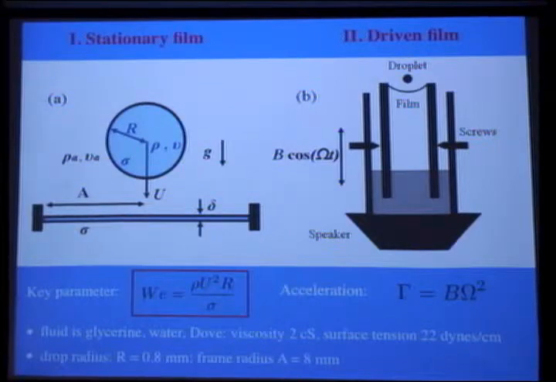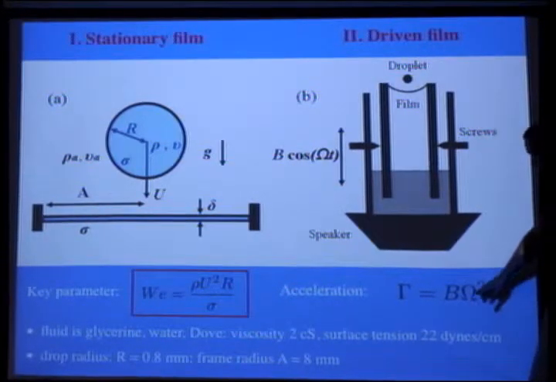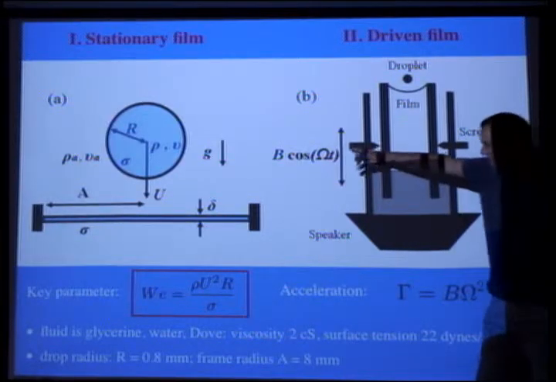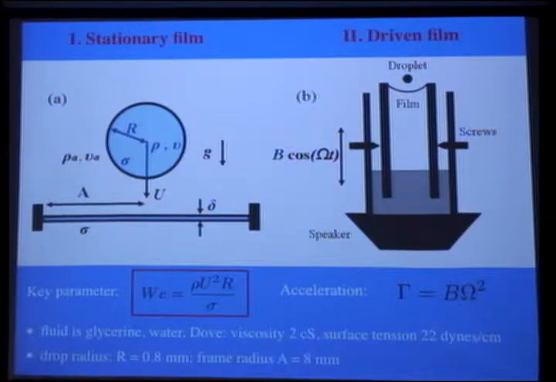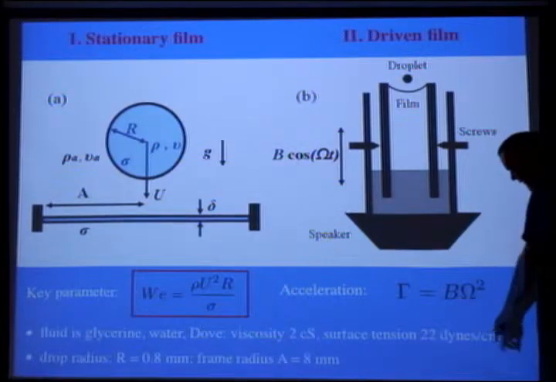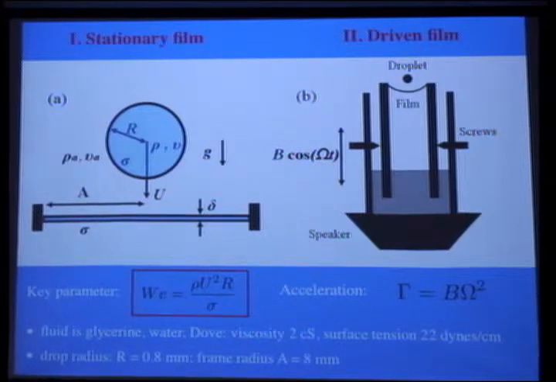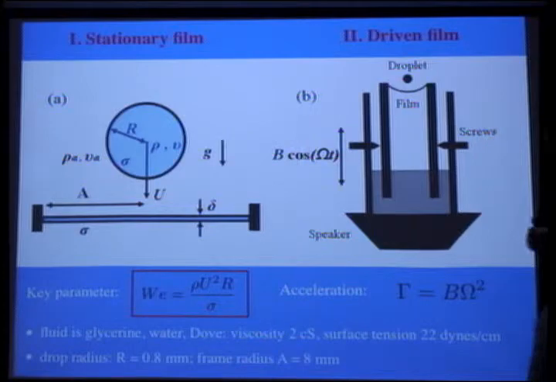Okay? And so here we drive the system now with a loudspeaker, and so that it has this characteristic acceleration. So that's the frequency, and that's the amplitude of the driving. Okay? And so the fluid we use is glycerin water. So it's twice as viscous as water. Surface tension around 22 dynes per centimeter. Drop radius around 1 millimeter, and the film radius around 8. So we use different film sizes for these two experiments. But in any case,